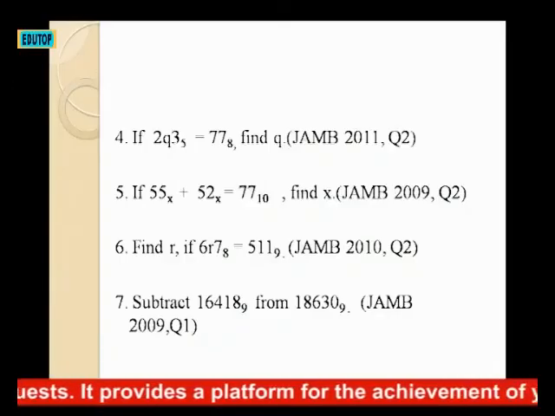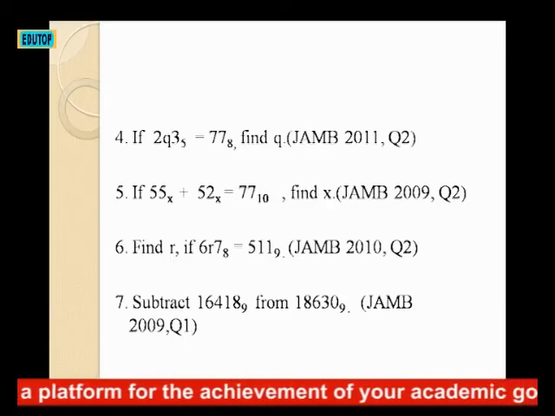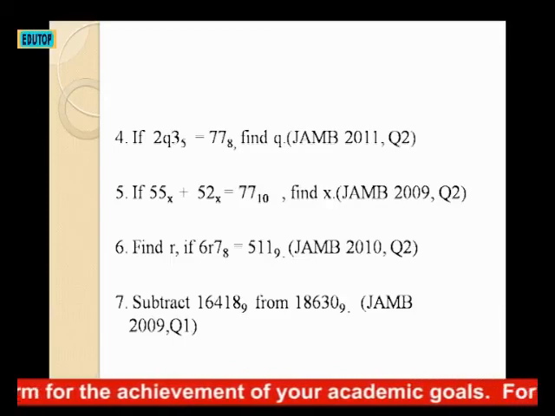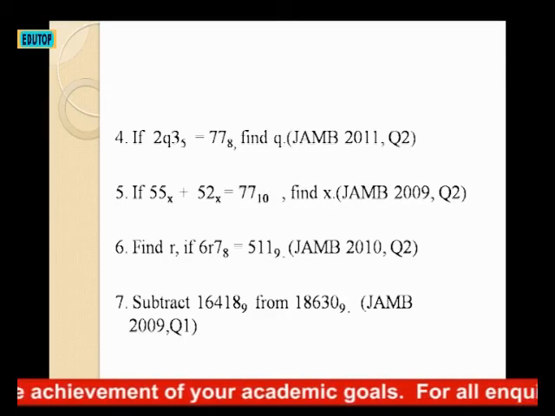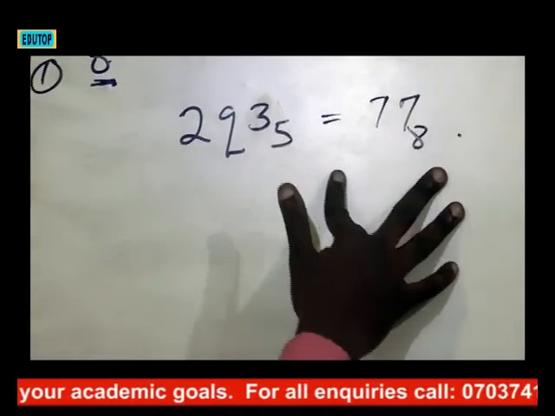Then question 4, which says that if 2q3 base 5 equals 77 base 8. So in this situation, if you look at these two bases, we discover that this one